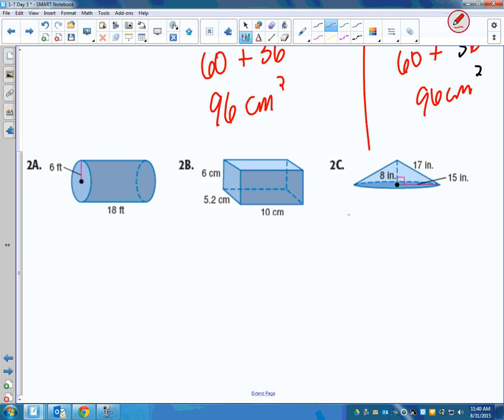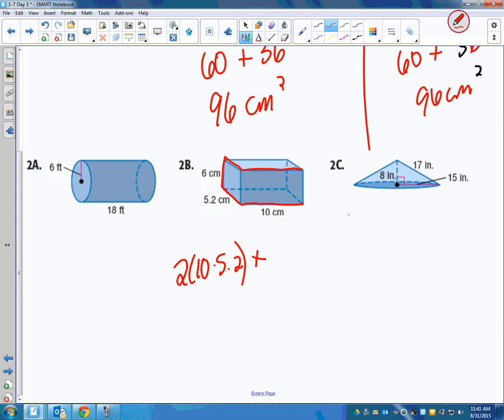You could break it into triangles. Maybe. Hexagon. Yeah. Maybe. Trapezoid. You could just put a trapezoid in there. But there's actually a formula that we'll learn about. So again, we can use the formula, which uses the perimeter, but you could also just say the base is a rectangle that's 10 by 5.2, and the top is going to be the same. So you can take 2 times 10 times 5.2